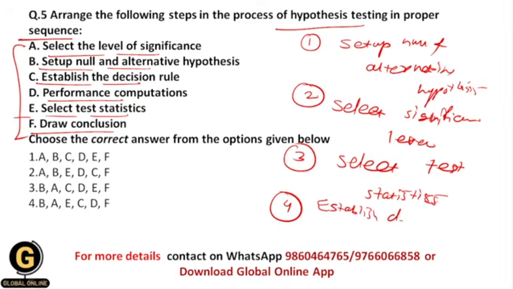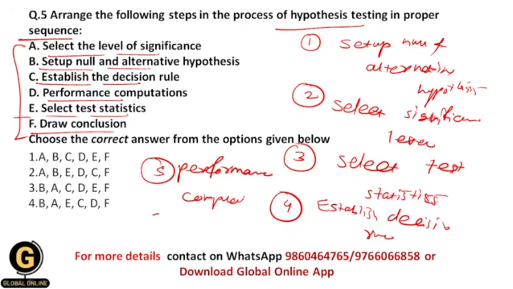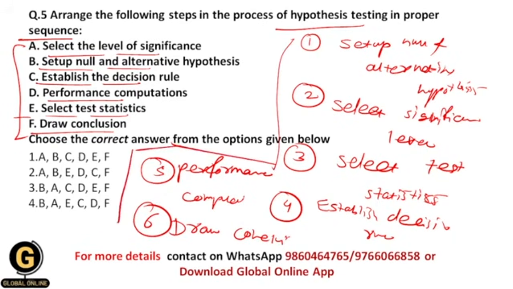Then fifth is performance computation. Then sixth one is draw conclusion. So now whenever you see this sequence, then you will understand that your correct answer should be